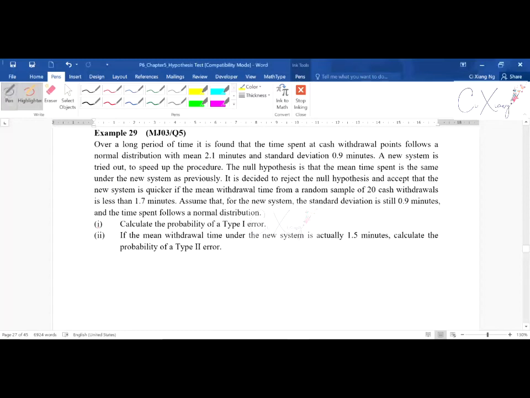Alright, so let us continue with some examples that involve the calculation for the type 1 and type 2 error. Okay, so let's have a look at example 29. Alright, so when we read the question,